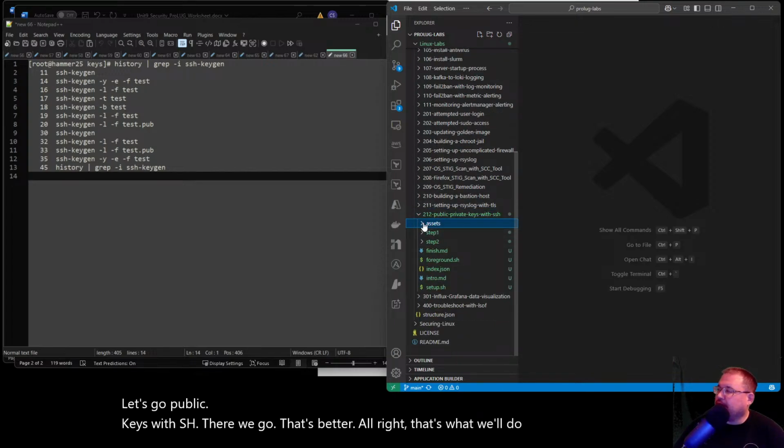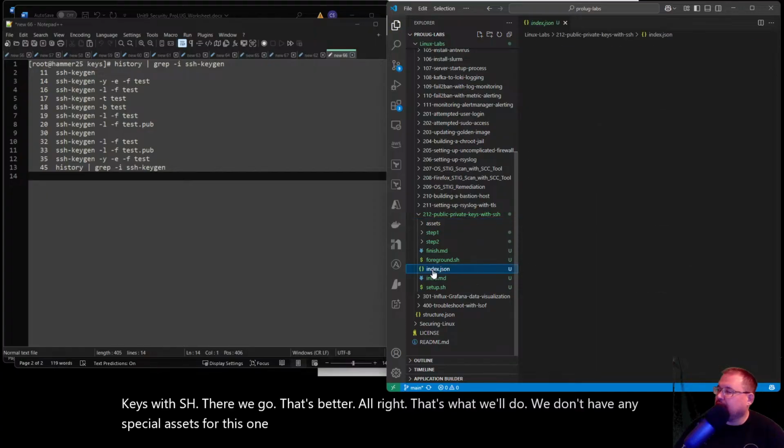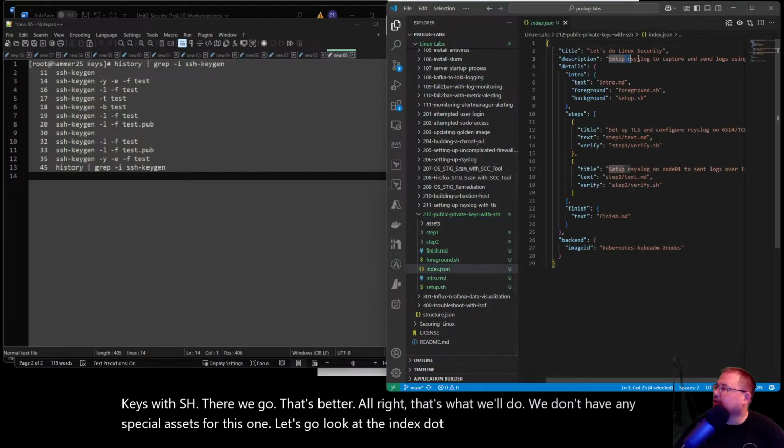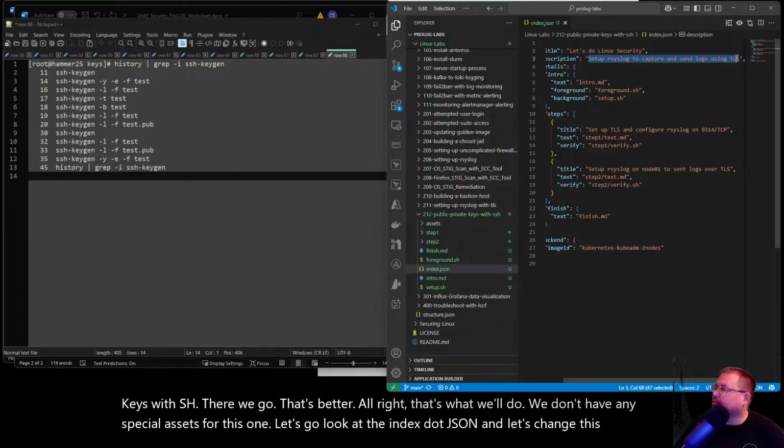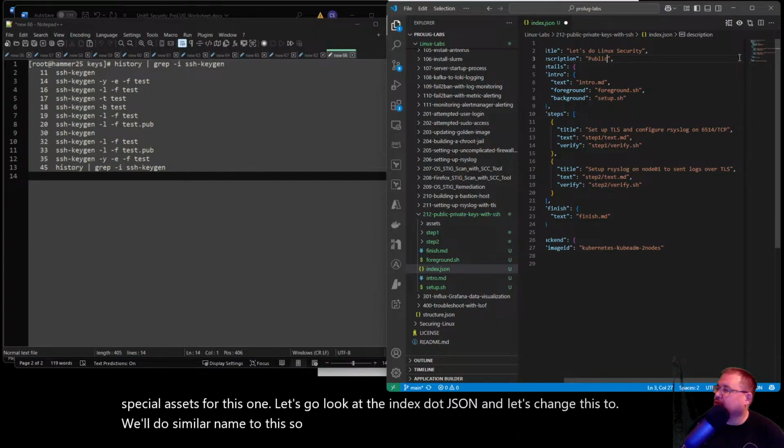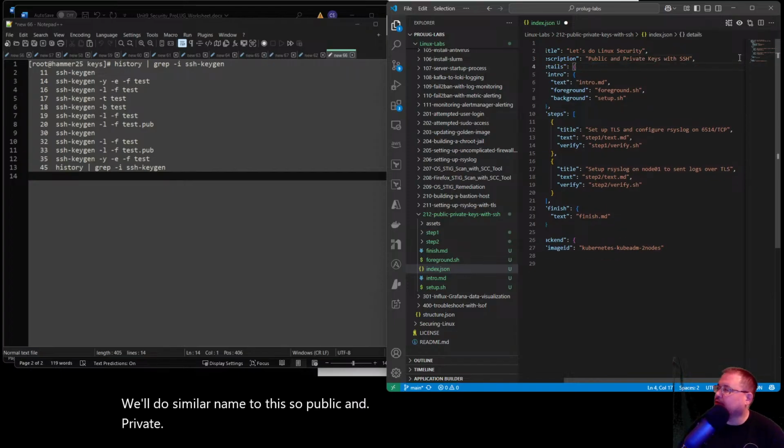We don't have any special assets for this one. Let's go look at the index.json and change this to a similar name. So public and private keys with SSH.